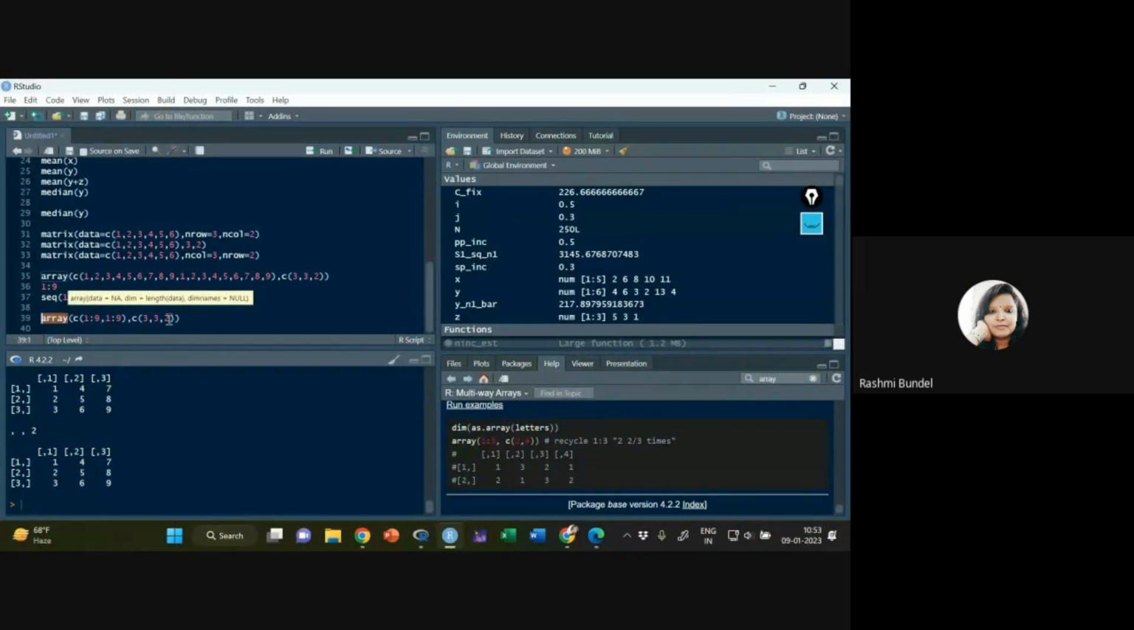We can have as many dimensions as we want. So now these are matrices, these are arrays. Now all of them, or the vector, have stored values of the same type. Same type in the sense that here we have numeric values. Suppose we want to store numeric as well as character values, then we can use data frames. So for that,